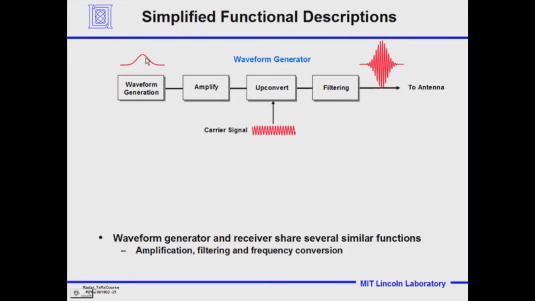We're going to generate a waveform, and we've talked about different waveforms where we turn on and we have a sine wave that's turned on for a while and then it's turned off, and the length of that is our pulse width. We call that a pulsed CW signal, and the frequency of the wave inside that pulse is our carrier, the frequency of the radar. So we take that and we generate that frequency down at frequencies that aren't